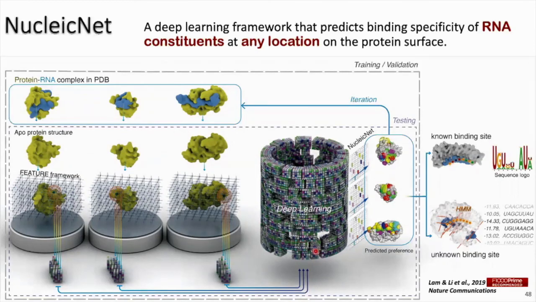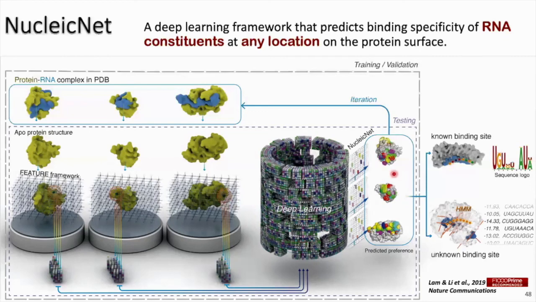First of all, whether this grid point can be the binding site for RNA or not. And secondly, if it's a binding site, through which chemical group it can interact with the RNA. So essentially, for each grid point, we want to predict the RNA chemical group binding preference distribution. The labels will also be introduced later. For each grid point, we can have such a binding preference distribution. By combining the result of all the grid points, we can get the binding preference landscape along the protein surface.